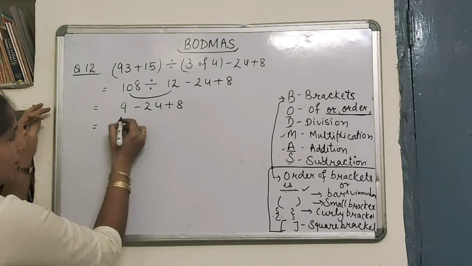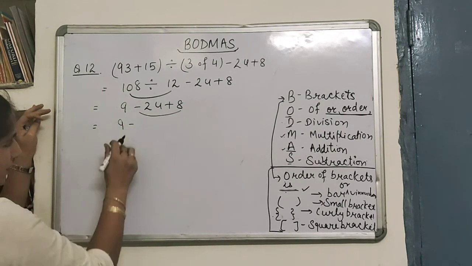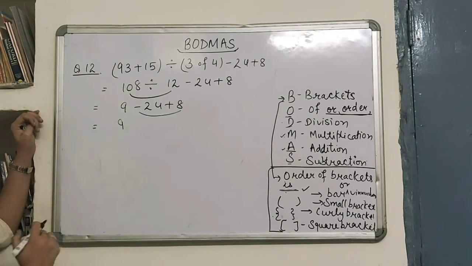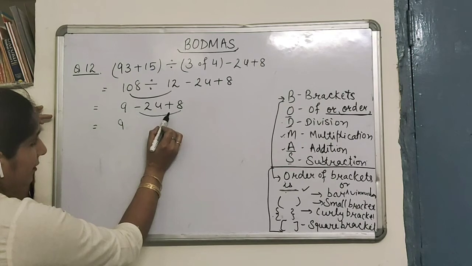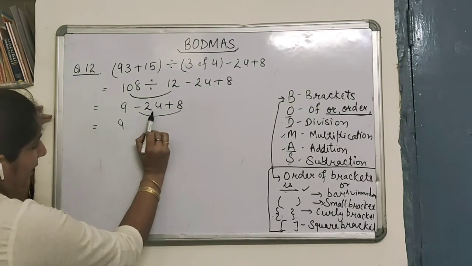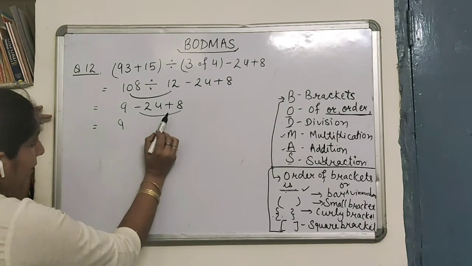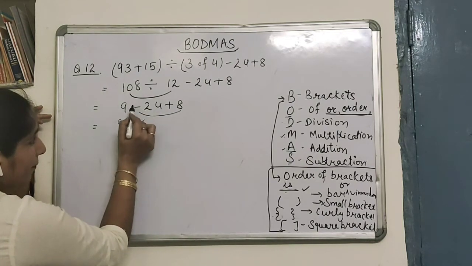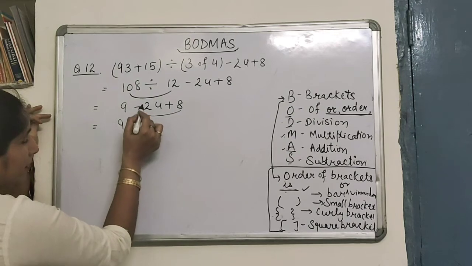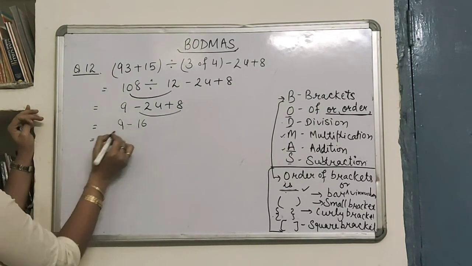Okay, so I am solving 9 minus, if I am solving it, not putting any sign here first of all, minus 24 plus 8. So what do we need to do to get the answer? We need to subtract 8 from 24. Fine, because different signs, so we need to take the difference. So the difference we get is 16. And what sign will come here, of the bigger numeral? The greater numeral, that is 24, so subtraction sign. So 9 minus 16.